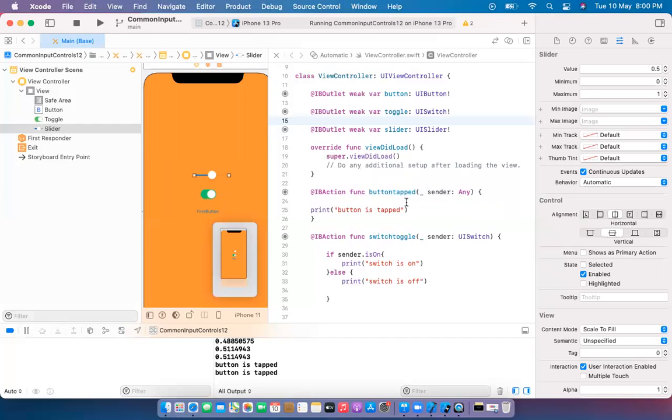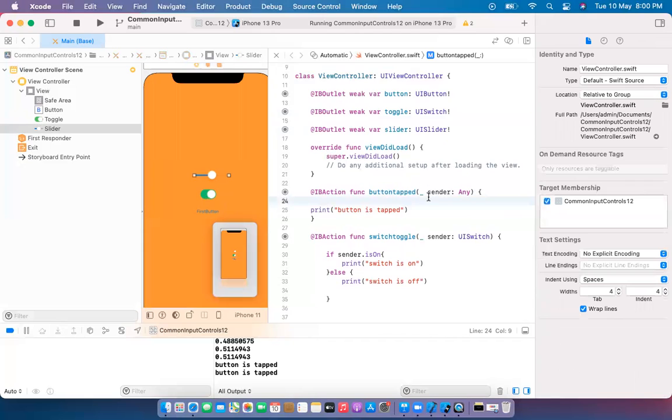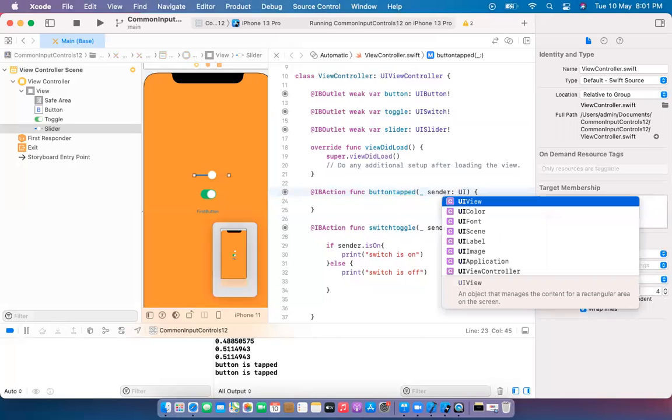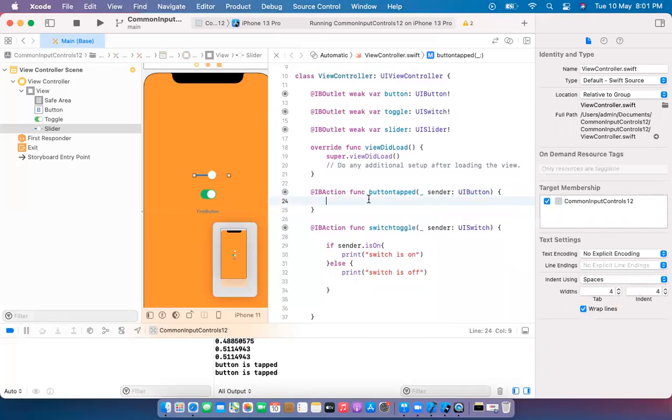Now we have to make some changes in this function, the button tapped function. I will make the changes here. In the button tap function, the sender we will put as Any here, or we can also change this to UIButton. We will change this to UIButton, and we will write some code here. If